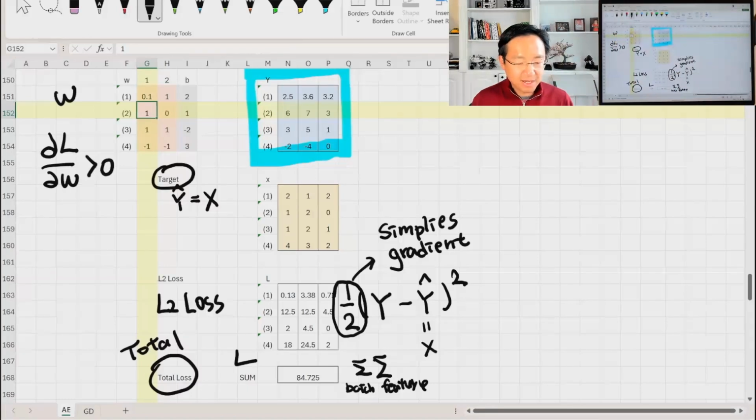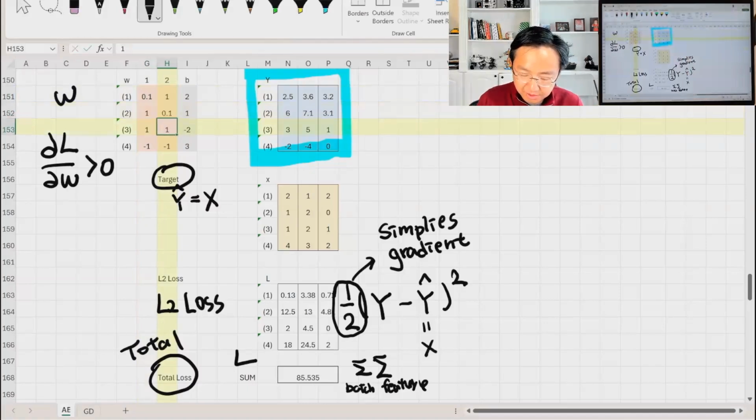Because I add a little bit of weight, but the loss goes up. Let's just try this one for this location. What if I add a little bit of weight over here? It goes up, so it's the right direction. Okay, let's find something that's actually opposite. Maybe here is minus 10. So minus 1, if I add a little bit of weight, it means it's going to be